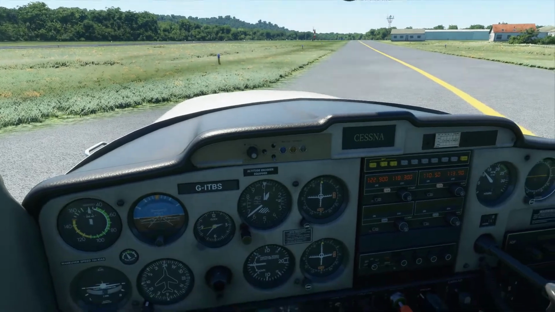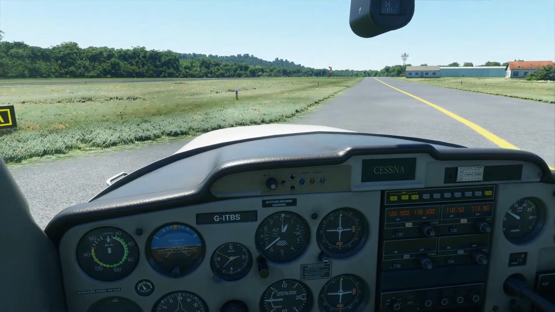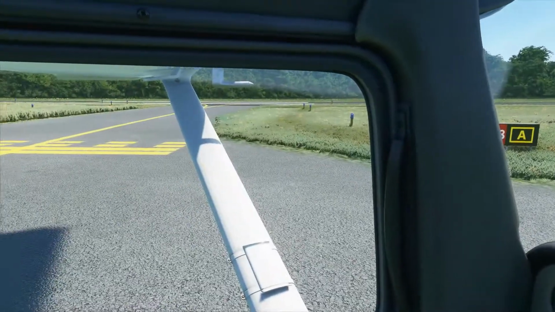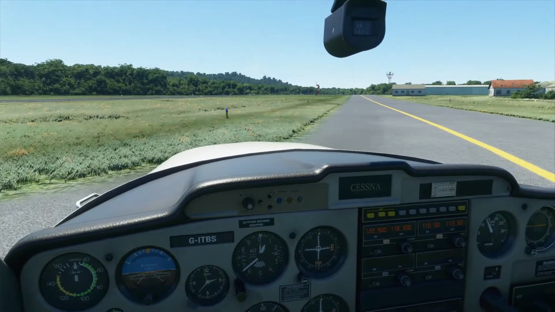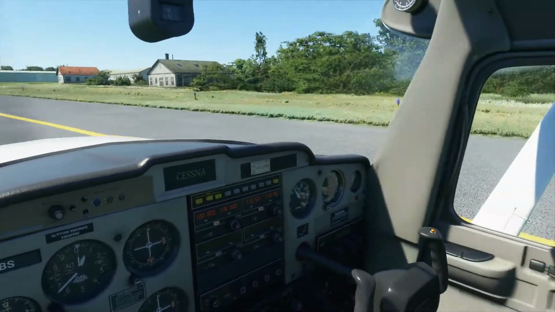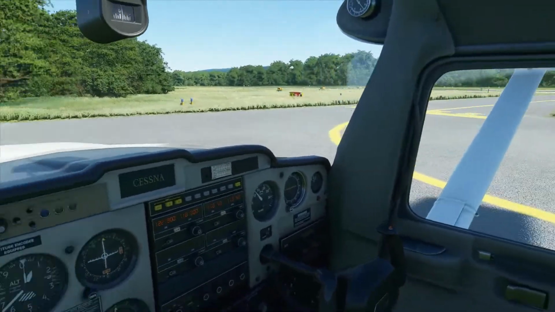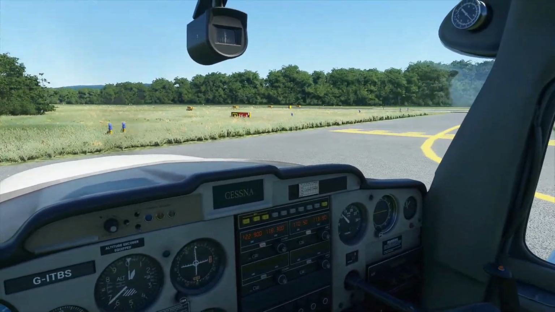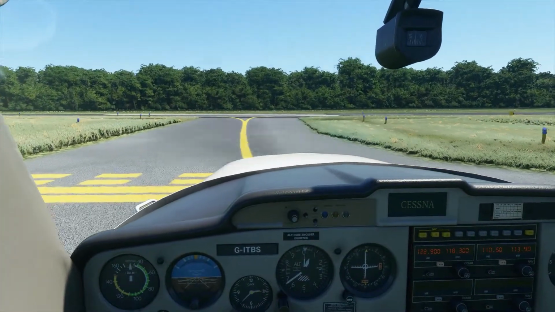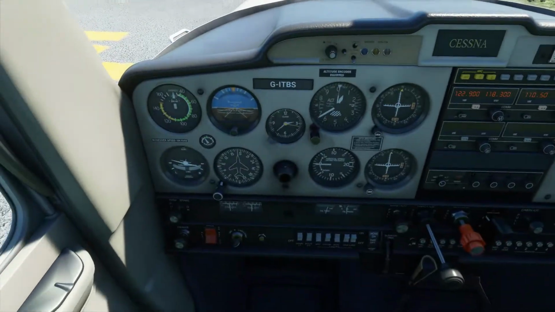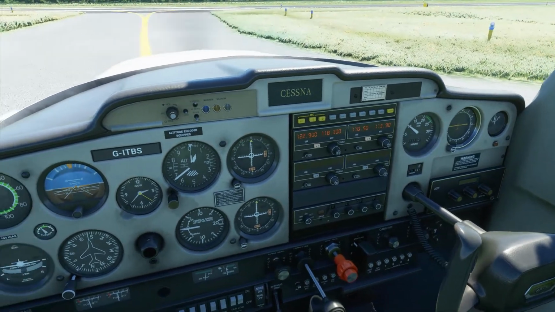So we'll taxi into position at the holding point. So coming back on the throttle, releasing the parking brake, and then again a little bit of power to get the aircraft moving. We'll make a full 360 degree turn here, otherwise it's quite tight to get round to the holding point. So once again you can use a little bit of brake to tighten up the turn, as I am now. And we'll just stop short at the holding point for runway 26. Again set the parking brake, throttle back up to 1000 RPM,